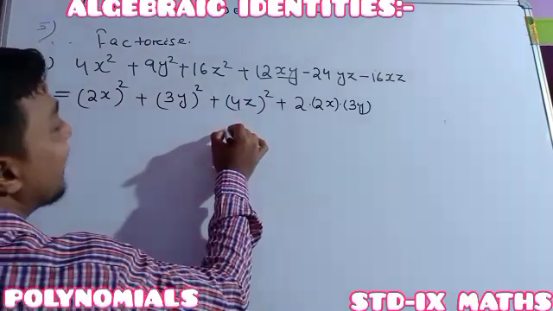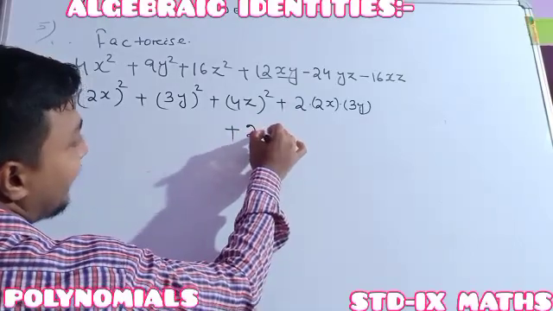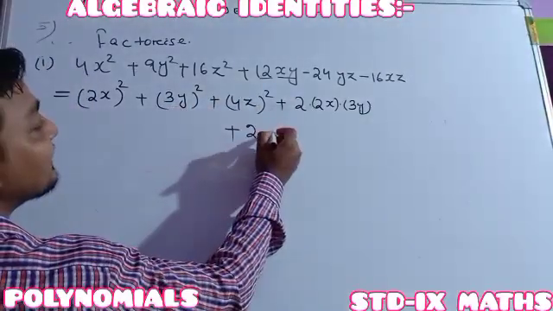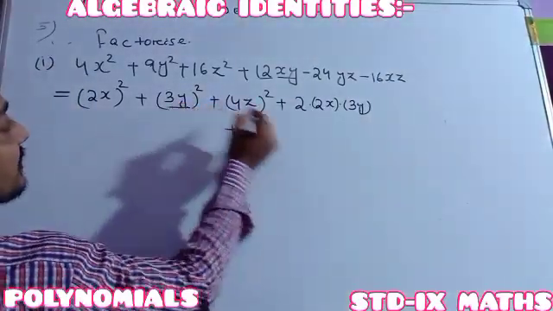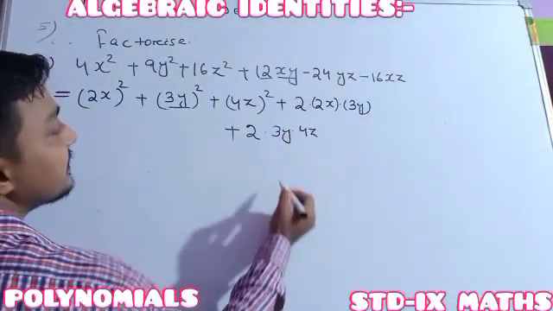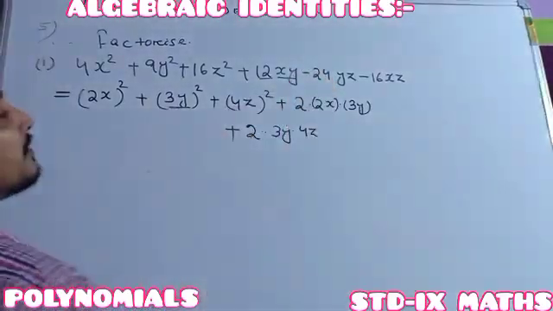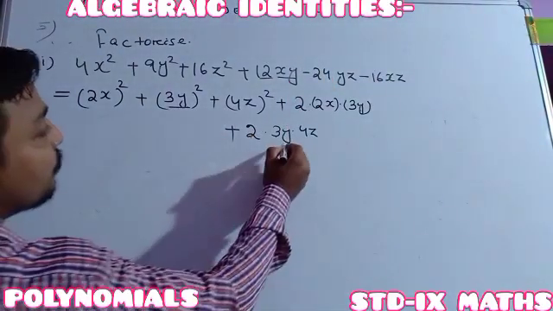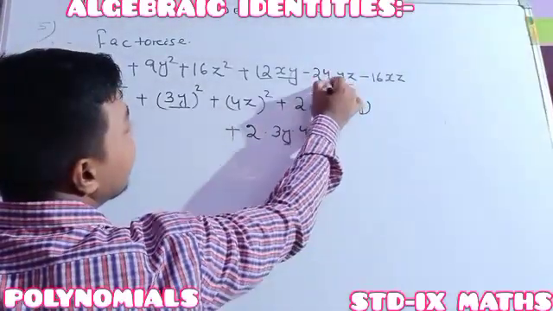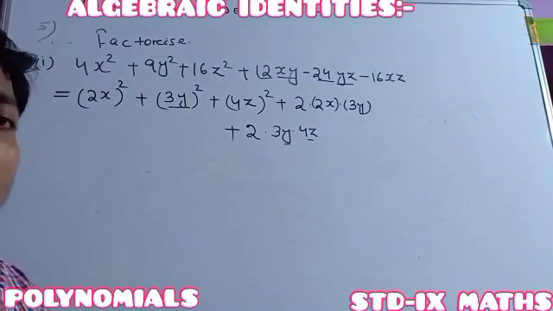Thereafter another one I am arranging. See, another one should be just like this, 2 into second and third. Second means not square, second means within the bracket. It means 3y into 4z. See, 4 3s are 12, 2 12s are 24. But there it is minus 24. But here it is y and z, here it is yz, matching. But here it is minus, it is creating the problem. Don't worry, that minus we will balance it.